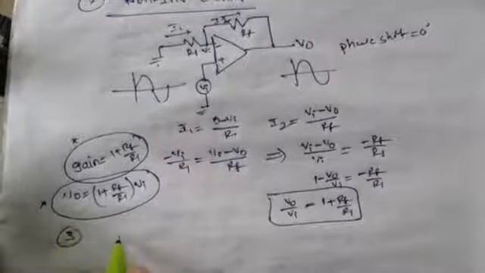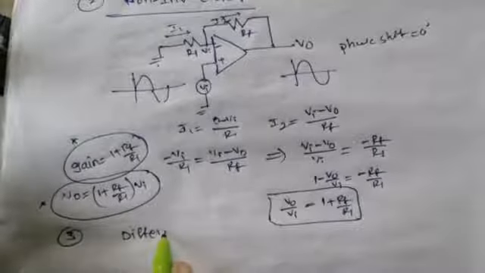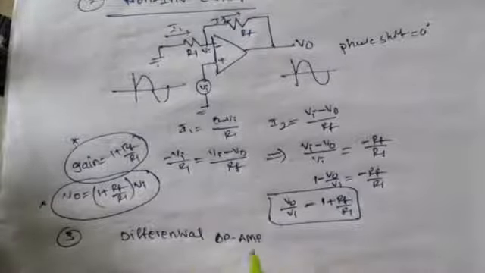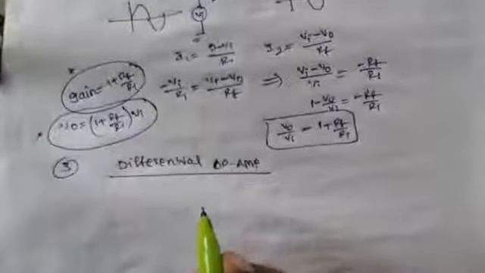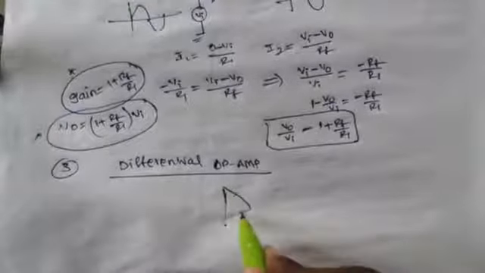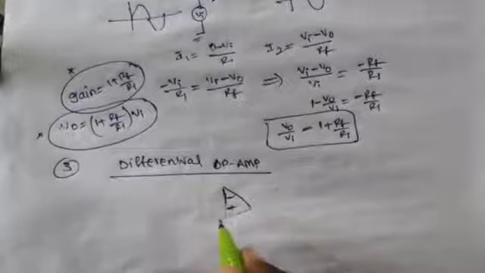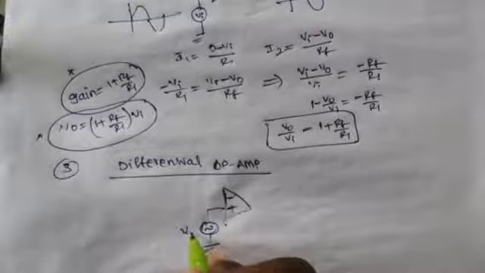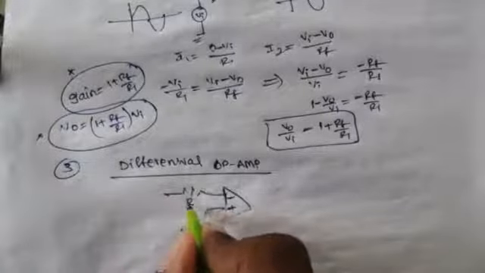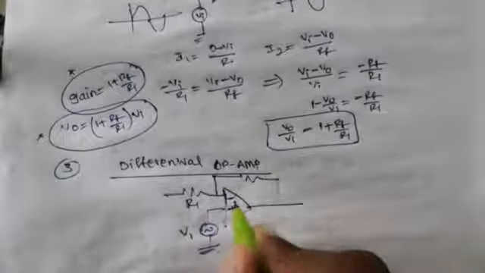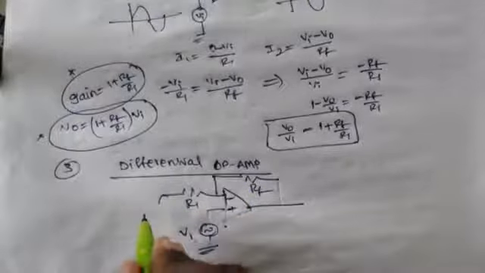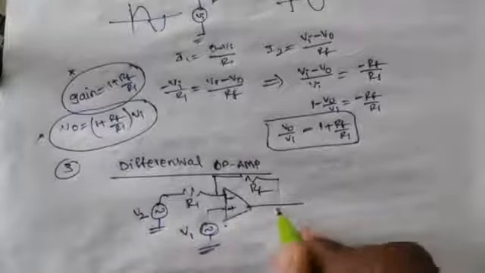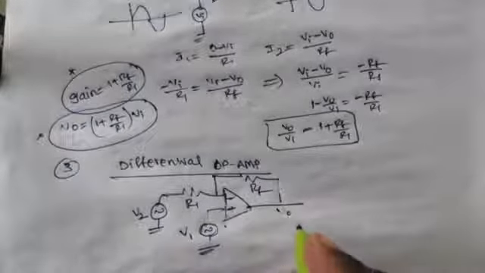Coming to the third mode, the differential mode. Differential operational amplifier, differential op amp in closed path. You can consider that operational amplifier mode. Here it will have inverting and non-inverting terminals. In both cases you can apply the input voltage. Here in the inverting case I am applying V1 through R1, and here the feedback path is RF, and in the non-inverting case you can consider the supply voltage as V2. Then the output voltage V0 will be collected across the output terminal.